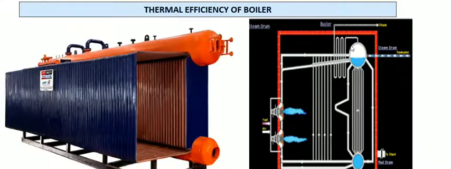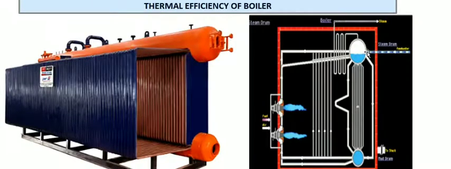Now this is a cross-sectional view of the boiler. We call it the steam drum and the mud drum. So water will be the inlet here. By gravity it will move down, and due to the density difference in thermosiphon, the steam will move to the steam drum. The water will flow, and the steam will go from the steam drum to the superheater coils and out to our steam header.